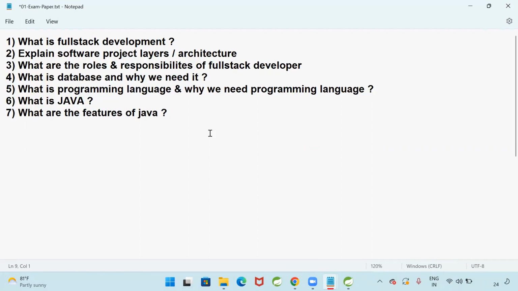You should remember those features. What are the features of Java? We discussed 7 to 8 features. Just write those feature names. Features, that's it.